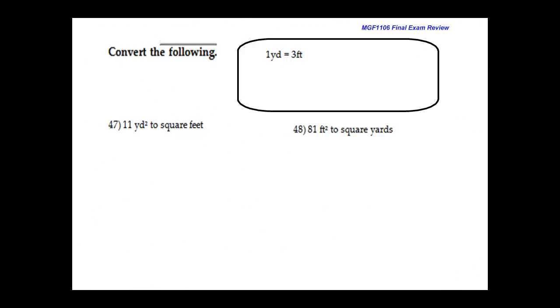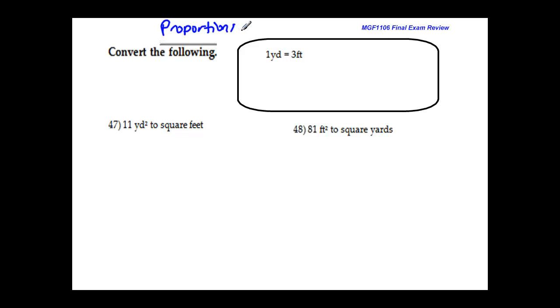MGF 1106 Final Exam Review. 47 through 49, we will do it 2 techniques. One will be using proportions. One of them will be using dimensional analysis. Please use the video that corresponds with the way that you learned in your course. This video will be using proportions